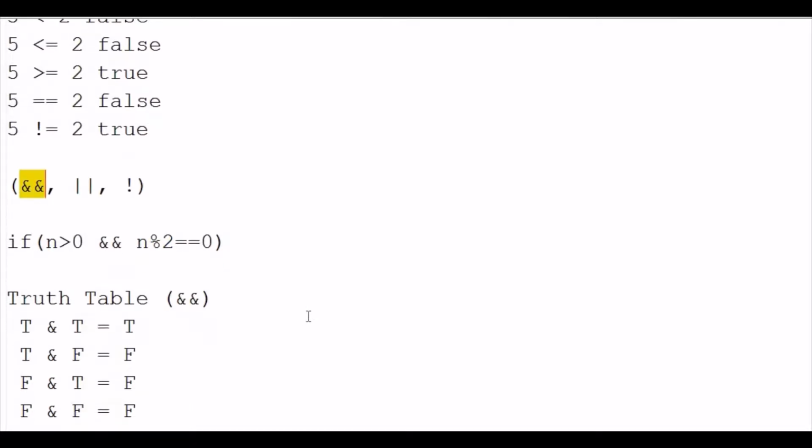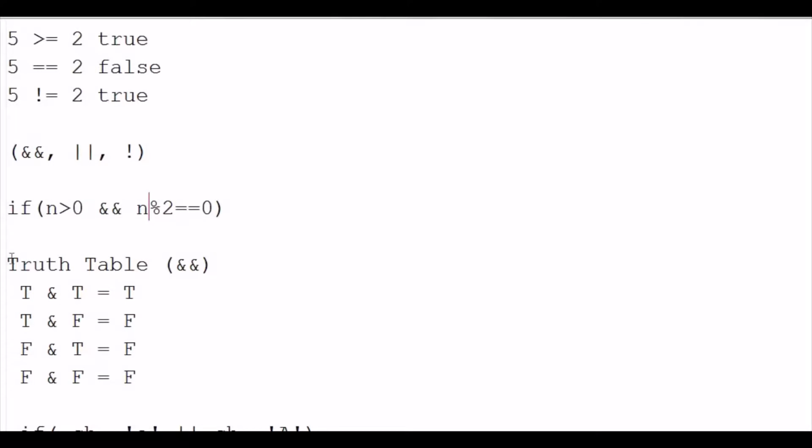The AND logical operator works so that here we are combining two conditions. When we combine two conditions, either both can be true, or any one can be true, or both can be false. So how does this work? There is a truth table for the AND operator. When we compare two conditions, if the first condition is true and the second condition is true, only when both the conditions are true, the result comes as true. Out of these conditions, even if one is false, the result becomes false.